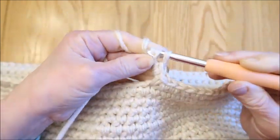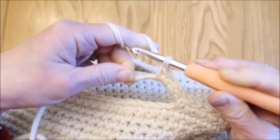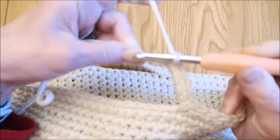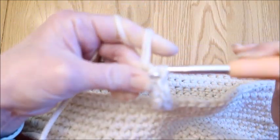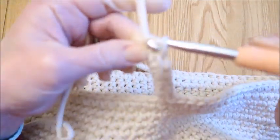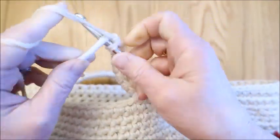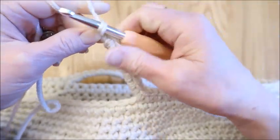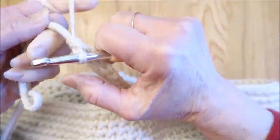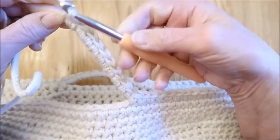1, 2, 3, 4, 5, 6, 7, 8, 9, and 10. I do find with crocheting something this big and bulky and using a bigger hook